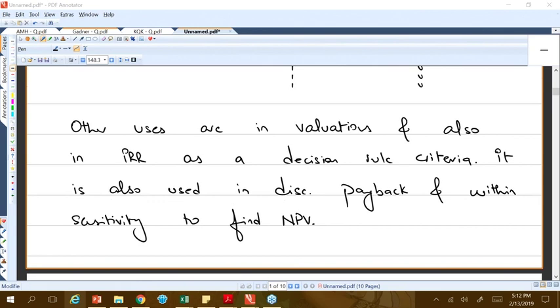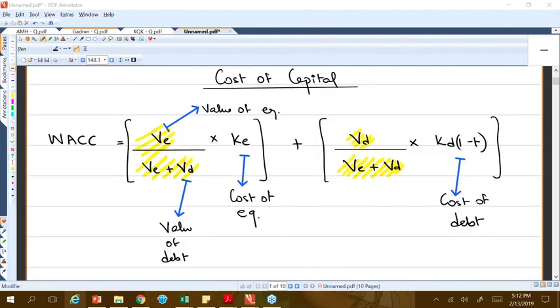Now, what I want you to tell me is, is this the comprehensive WACC formula? Is it the WACC formula which can be used for any kind of source of finance, or is there anything else we need to look at here? Is this the comprehensive WACC formula which is given in our formula sheets? No, yes. No, no, yes. Okay, good. Yes, this is not the comprehensive WACC formula.